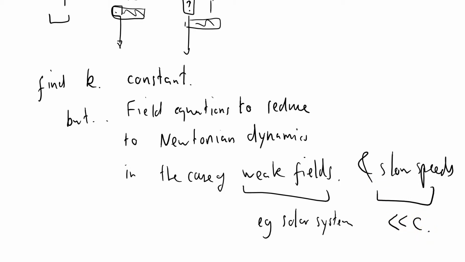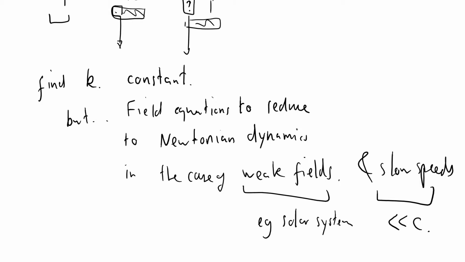Well, it had better reduce to Newtonian mechanics, or we've got a serious, serious problem, because as we all know, Newtonian mechanics is supremely successful at describing the dynamics of the solar system. And I guess the perihelion advance of Mercury is a case in point. That's a tiny perturbation to Newtonian mechanics, and it's only on the most extreme parts of the solar system that you need this. It's a very tiny effect, of the order of a few kilometres. The perihelion moves forward by a few kilometres each orbit, which is a very small distance compared to the